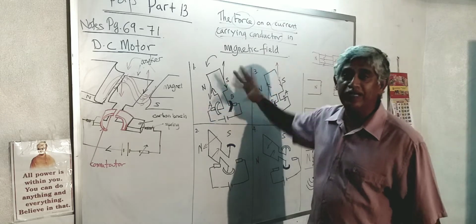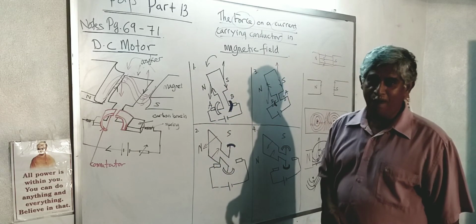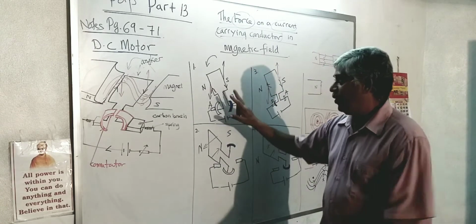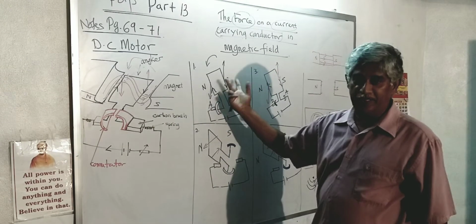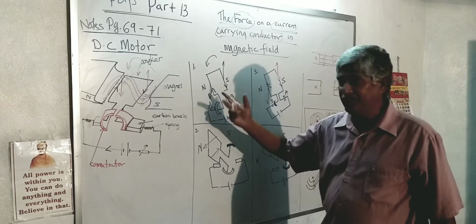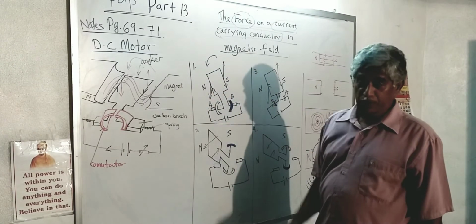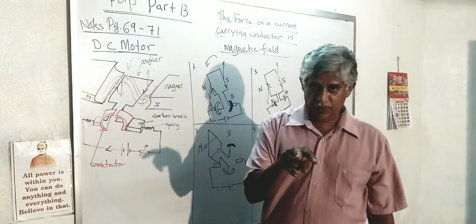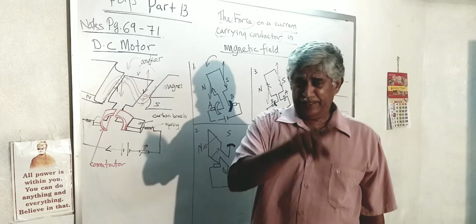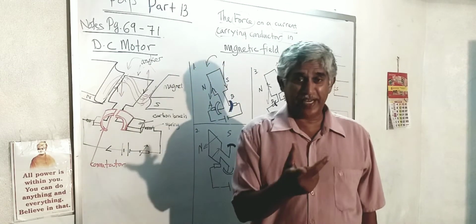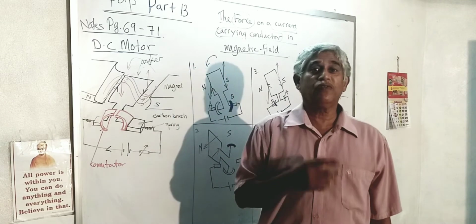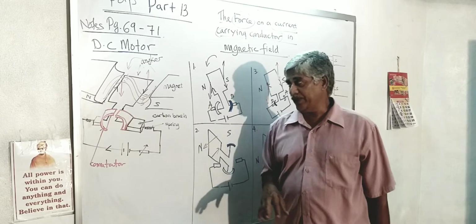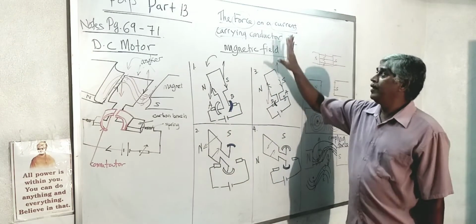Alright, this one the turning is anti-clockwise, right? If I want to turn the motor clockwise, what do I do? Simple, either I change the polarity of the battery or I switch the north pole and the south pole of the magnet. I interchange, then I will get the opposite rotation. I am very sure if you use a toy motor, if you put the battery in the right direction, it will rotate in one direction. If you reverse the direction of the battery, the motor will also reverse its rotational direction, clockwise or anti-clockwise.